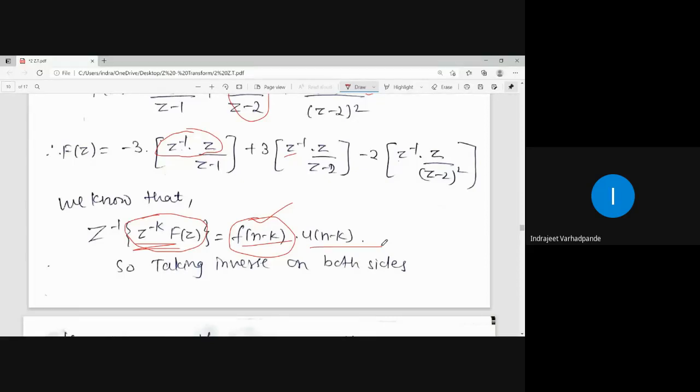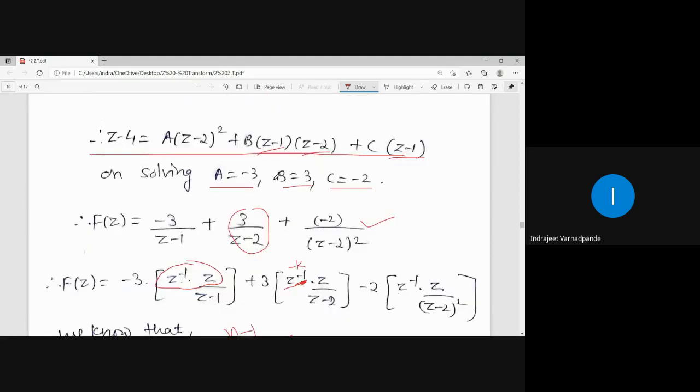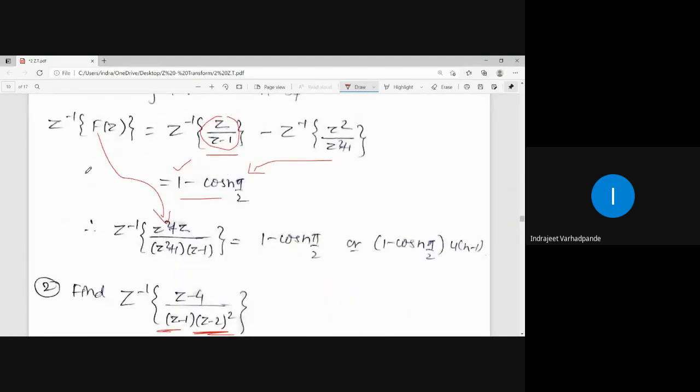unit step function. अभी अगर आप कंपेयर करोगे, what is the value of k over here? z to the power -k का वैल्यू कितना आता है? k का वैल्यू इज 1. सो यहाँ पर आपके सारे टर्म्स में n के जगह किससे रिप्लेस करना पड़ेगा आपको? f of n की जगह क्या है? इन द प्रीवियस वन इट वाज f of n. इसका सिंप्लीफिकेशन यानी क्या होता है? f of n.